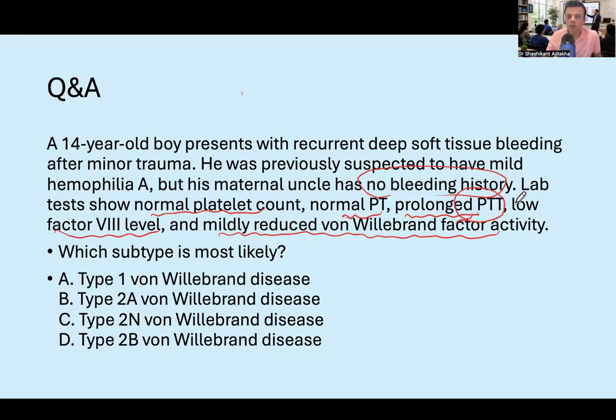It is all because of the reduction in binding of factor 8 to von Willebrand factor. So there is a defect in the von Willebrand factor in terms of binding to factor 8 and carrying it in the plasma. So this is type 2N. Type 2N is the answer over here. Type 2N is the von Willebrand disease with normal avidity to the platelets. There may be a normal level of von Willebrand factor, but its activity in terms of binding to factor 8 is reduced. So here, this will manifest as